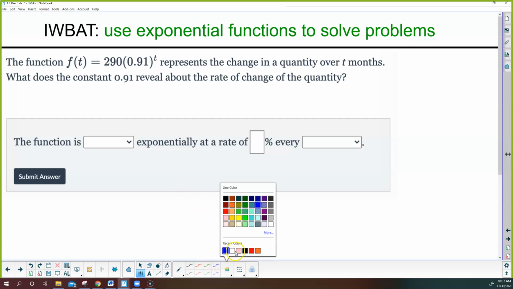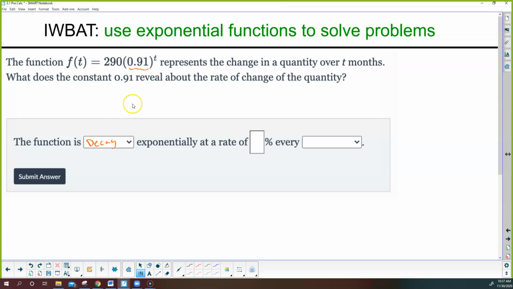All right, let's take a look at it. So what do we have? We've got a function. We know the initial amount. We know the growth factor. And it's less than 1, so it's decay. And then because it's decay, that means we had to solve for r, which was